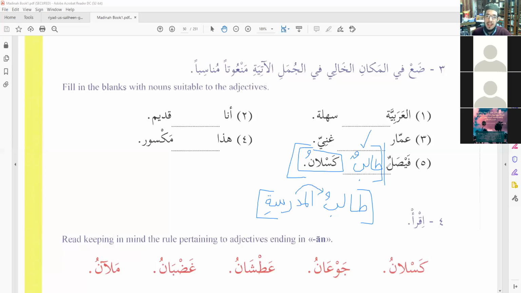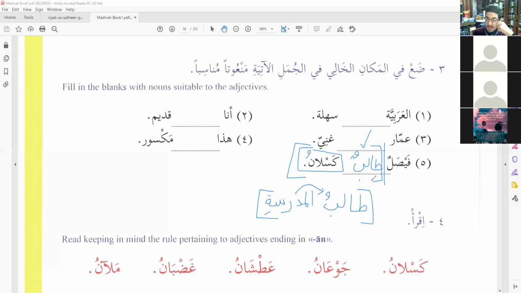If we lose track in Arabic grammar, even for a second, of where the mubtada ends and where the khabar begins, or what the appropriate parts of the sentence are, then yes, the whole thing gets lost. That's why I tried to drill it into your heads when we were doing it before. Where's the mubtada? Where's the khabar? What type of sentence is this? What are the parts of this sentence?